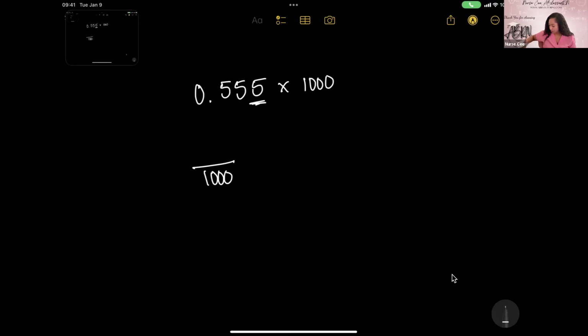So if you multiply 0.555 by 1,000, that's going to give you 555. If we broke this down by fives, what would that be? Divided by 5 is 111. And then dividing 1,000 by 5, it would be over 200. So that is